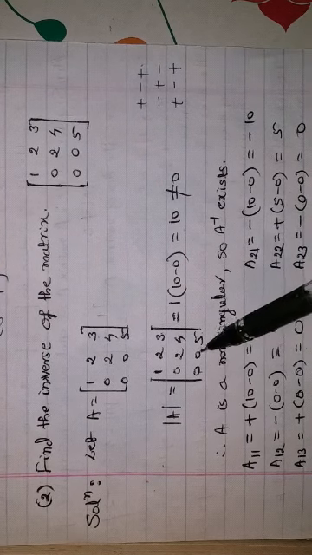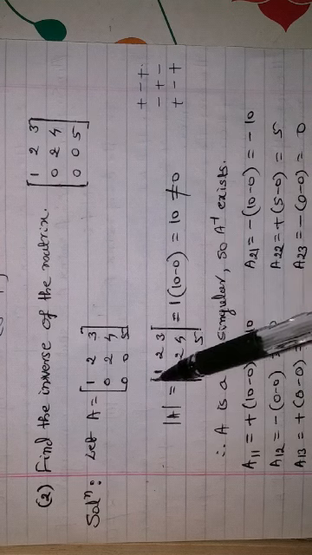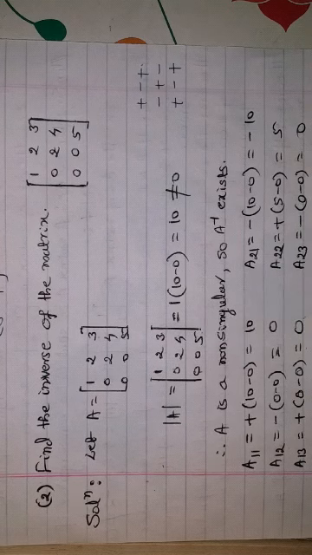A32 is 0, hence this row, this column, leave it. Then only the remaining elements, 4 1s are 4 minus 3 into 0, 0. 4 minus 0, according to sign, minus 4.